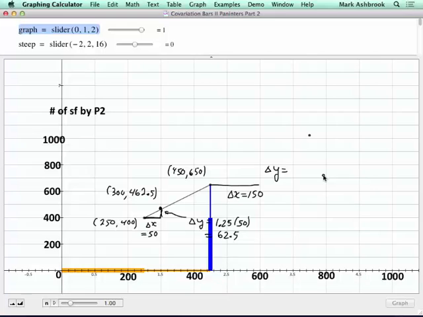Well, painter 1 painted 150 more, so you multiply that by 1.25. Find how much painter 2 painted, because painter 2 paints 1.25 times as much. So you do 150 times 1.25. So 187